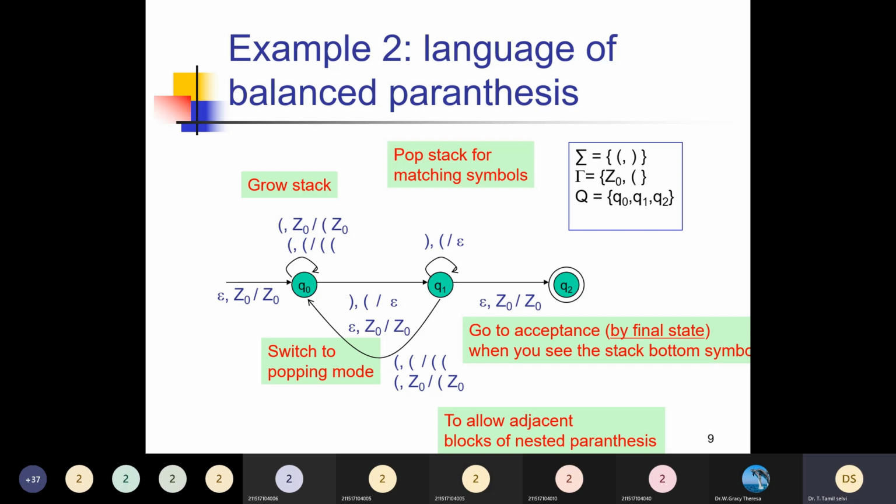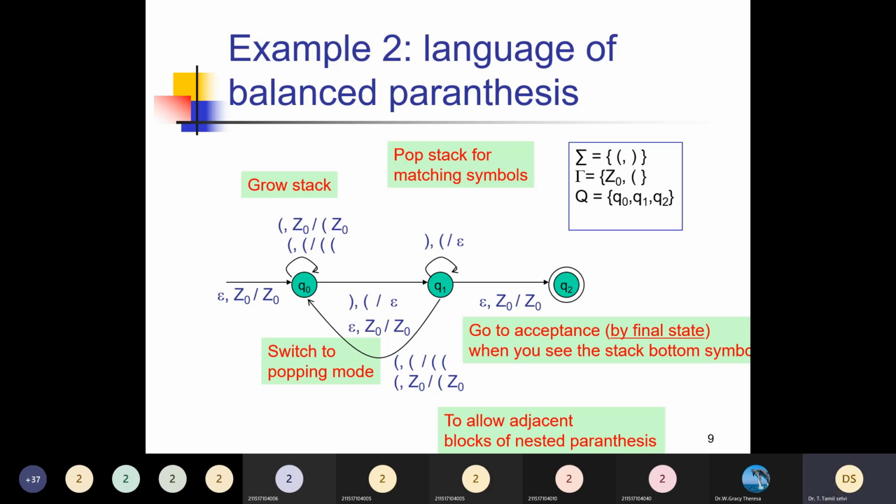See the first rule here: the current symbol is an open parenthesis and the stack is empty, then you can push it into the stack. And then the current symbol is an open parenthesis and the top of the stack is again an open parenthesis, so again we need to push it into the stack. So this is the push operation, that is growing a stack. And then the next one,